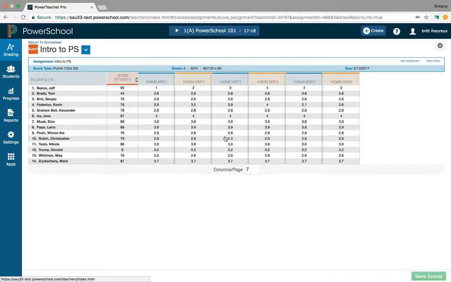So if you don't want to have to go in and put that these 3 students were exempt from the assignment, you don't have to do that. It is still an option. Sometimes you want a parent to see that exempt symbol. Sometimes you don't want them to see the assignment at all because it was not relevant to that student for whatever reason. So that's a few